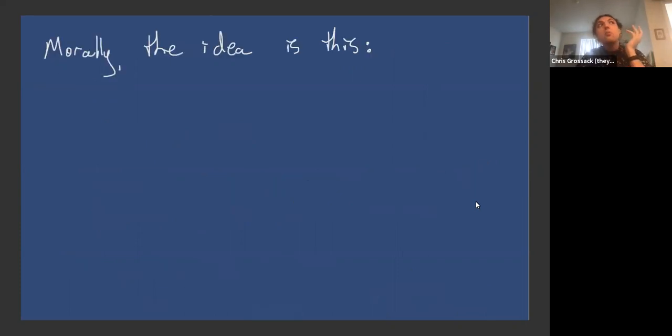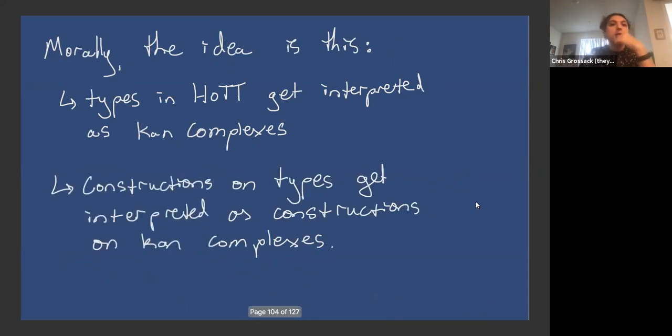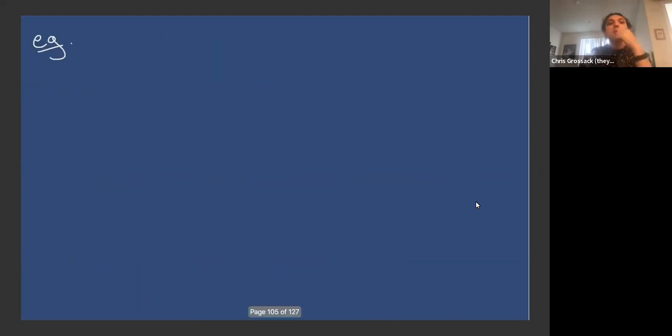Okay, so morally, what are we doing here? Well, types in homotopy type theory should get interpreted as Kan complexes. That's what I was saying earlier. And constructions on types get reinterpreted as categorical constructions on these Kan complexes. So let's see an